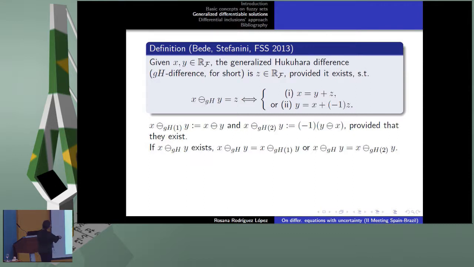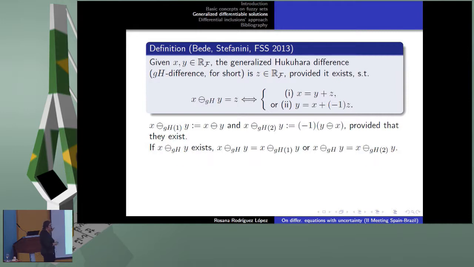I have written here the fuzzy case. If you define it for the interval case, this difference solves one of the difficulties of the previous definition, which is that in intervals, this difference always exists. So you don't have to care if you have a differential equation with values in an interval. You don't have to care about the existence of the GH difference, because in this case it's going to exist. But in the fuzzy case, it's not so obvious, because it is not enough that you can calculate these differences level-wise, because at the end you have to recover a fuzzy number, and you have a list of restrictions that have to be fulfilled.